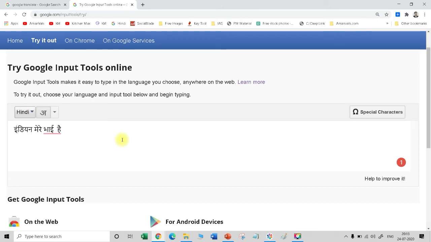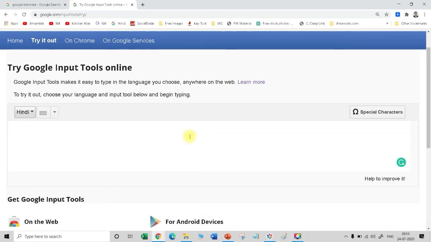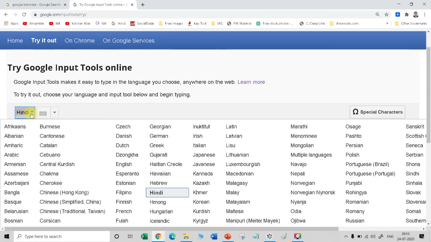So the translate objective was to translate any language to any language. Here, what you are inputting in your keyboard, it will translate to the targeted language. For example, if I choose some keyboard that I don't have, and I start writing, see, it is changing automatically. Though the keyboard is English, the Google Input Tools are writing into Hindi language. That is the objective of Google Input Tools, and there are so many languages you can really write with your keyboard.